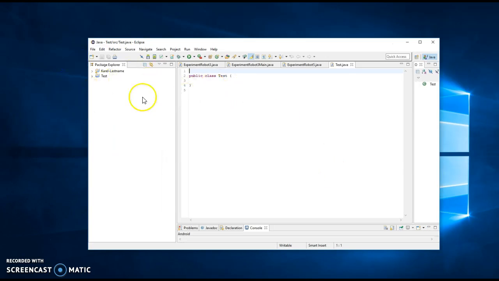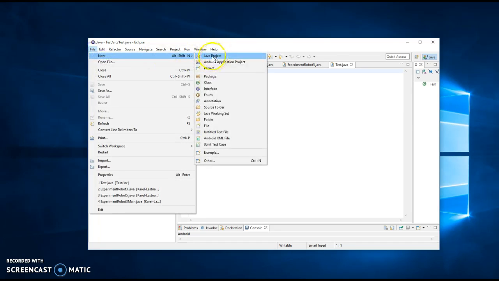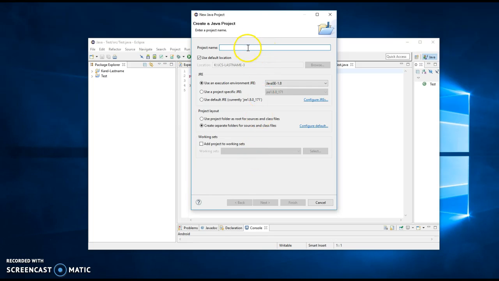Okay, once it opens, he needs to create a new Java project, which is what I sent those instructions on last time. So he'll go to File, New, Java Project. This is where he'll name it. Okay. He will then come down to Next,